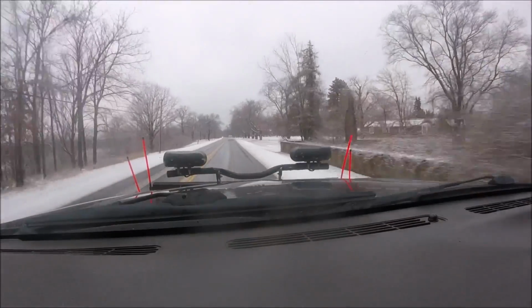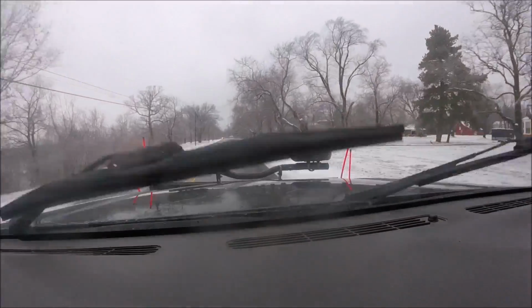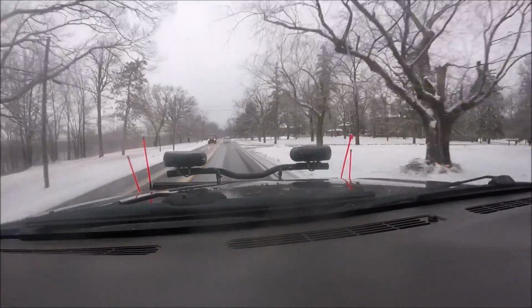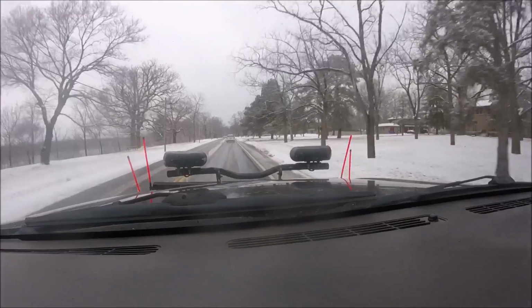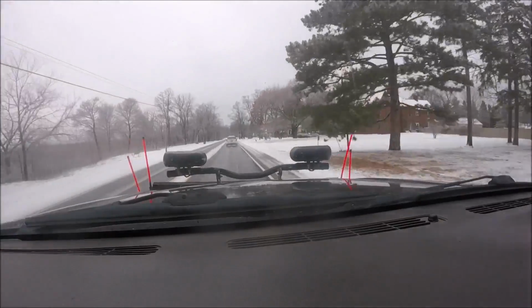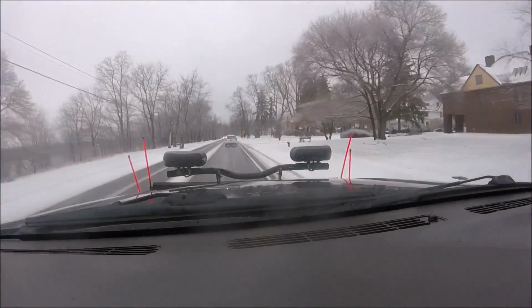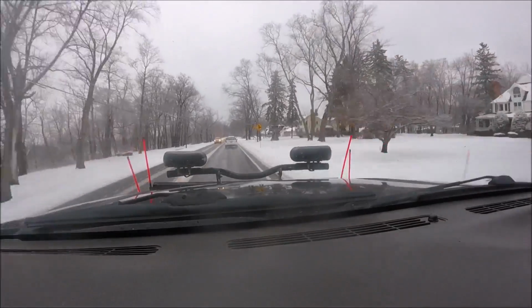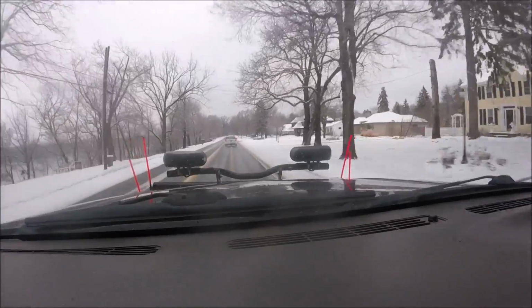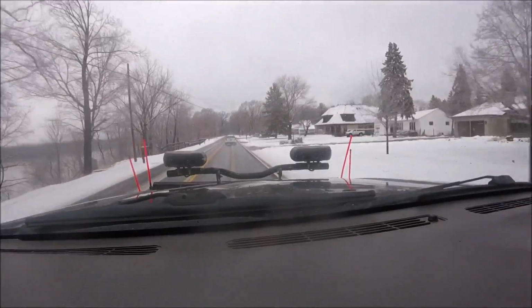So anyway, now it dropped. I didn't think I was going to go out plowing until tonight when we got that snow, but it seems like we've gotten a whole bunch already. Not a whole bunch, but 3 inches, and it's heavy, wet, slushy, nasty stuff. So I'm going to go through the whole list and plow everything now, and then when I'm done with that, I'll go home and I'll wake up in the middle of the night. If we get all that snow that they're talking about, I'll go out again,